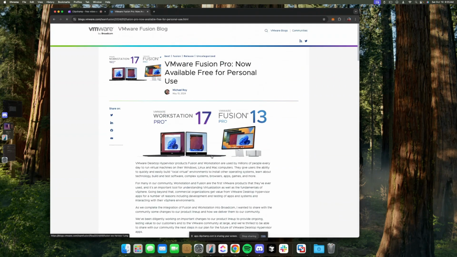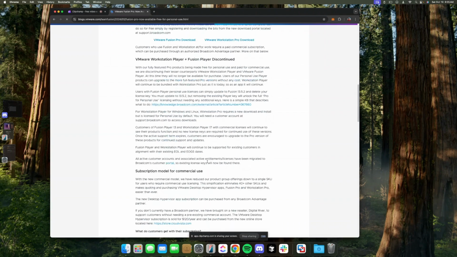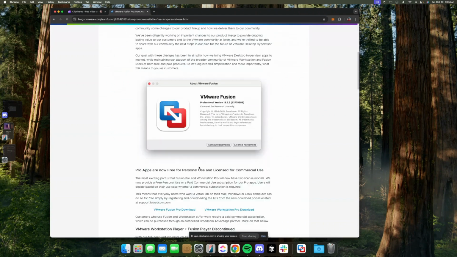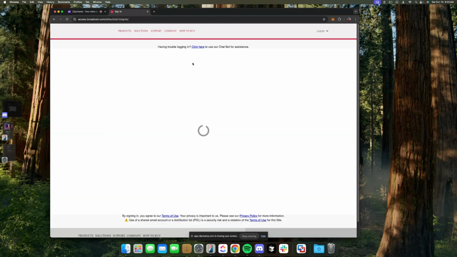To download VMware, you need to log into the Broadcom website, and they have a link right here: VMware Fusion Pro download. This takes you to the website where you can log in. You have to log in or sign in to be able to access